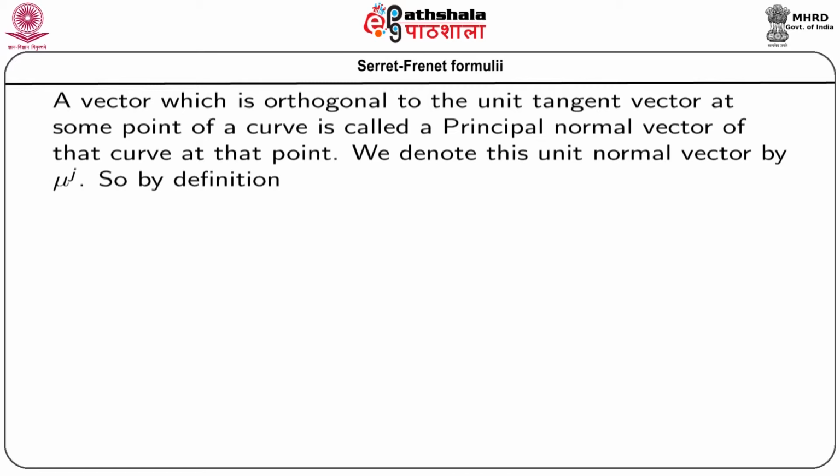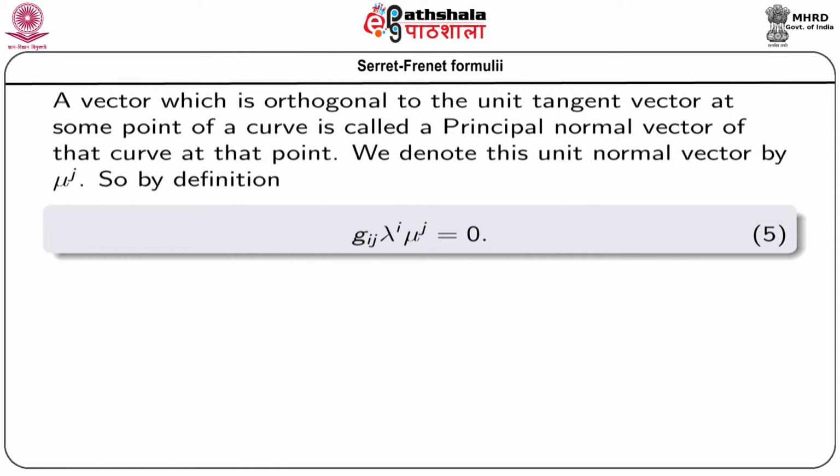So, by definition g_ij lambda^i mu^j equals 0, and δlambda^j/δs is codirectional with this mu^j. δlambda^j/δs has the same direction as mu^j. So, we can write